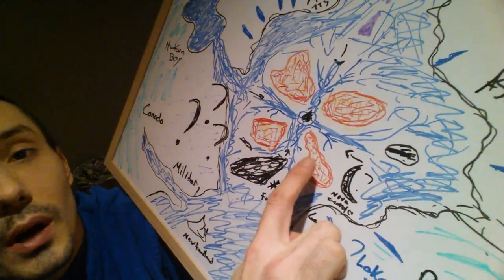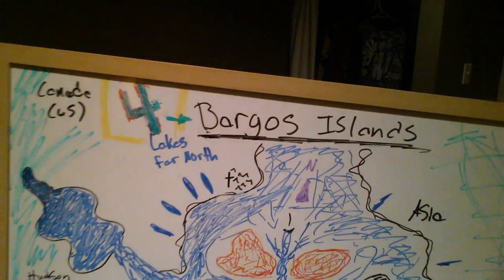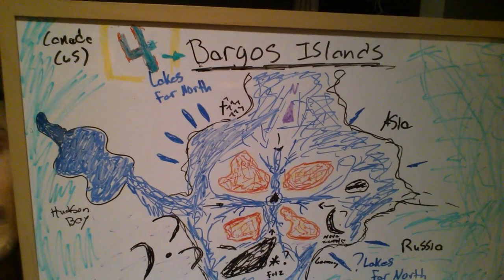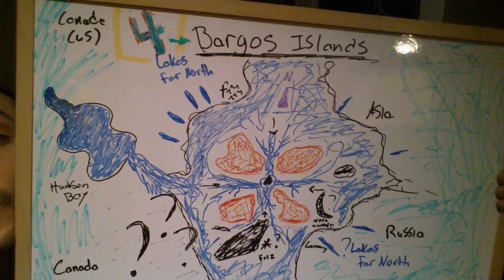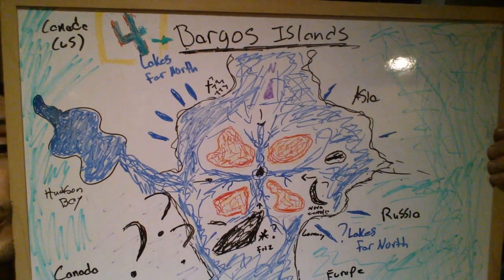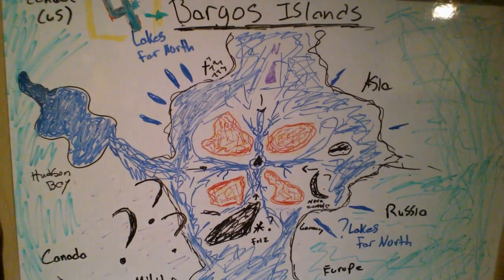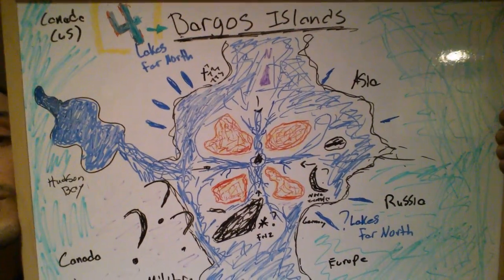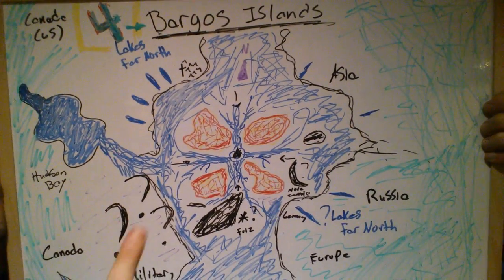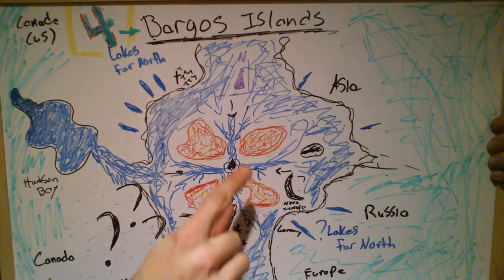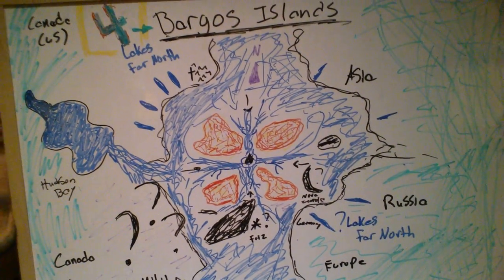And considering all these Bargos Islands, I called this the 4 Bargos Islands because there is only 4. If you can go and find me an ancient map where it's depicted where there is 3 of them, or 2 of them, or 5 of them, then okay, let me know, and it'll disprove the ancient maps. But all ancient maps, like I've seen ones that are written in Chinese, there's ones by Mercator, there's ones even before his time, and there's always 4 Bargos Islands and Greenland. It's always at the tip, closest thing we got to being there.